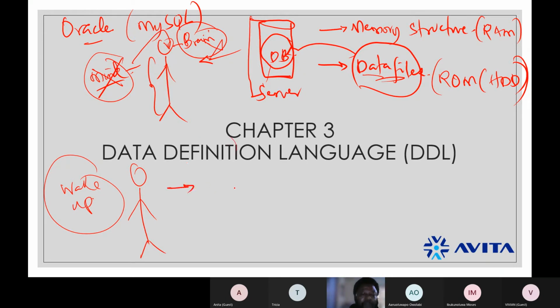Now, I want to be very careful in saying this. When you sleep, there's some sort of disconnection between your mind and your brain. What does that mean?